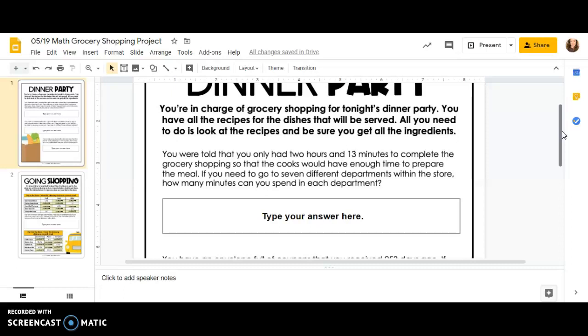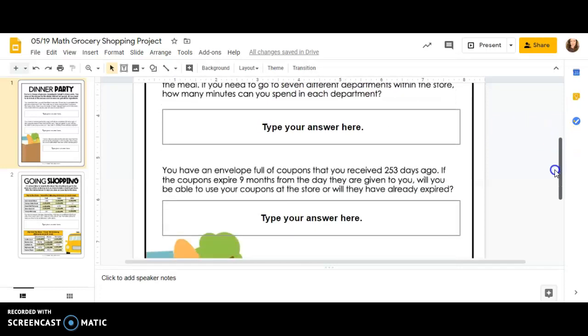you need to figure out how much time that will be. But the first thing you have to do, because you have to use the same kind of measurements with the same kind of measurements. So before you figure out this part of the problem, you need to figure out, well, 2 hours and 13 minutes equal how many total minutes. So you got to break down the 2 hours to figure out how many minutes 2 hours will be. Add the 13 minutes, and then you can do the rest of the problem that way. So it's important to know time